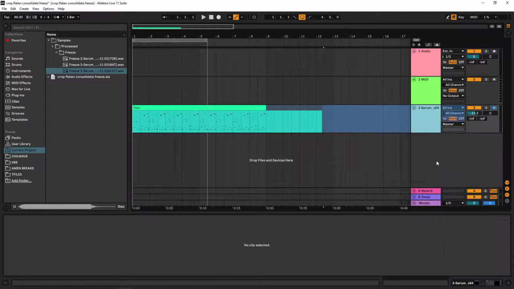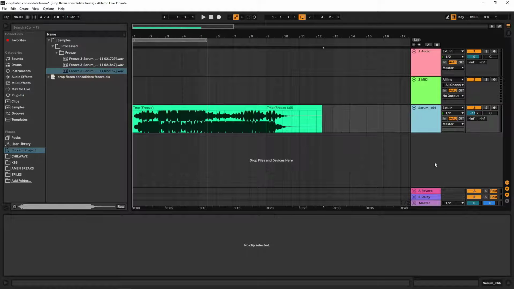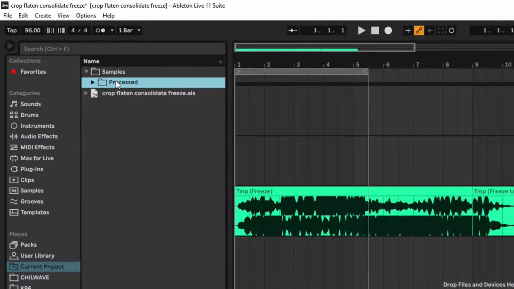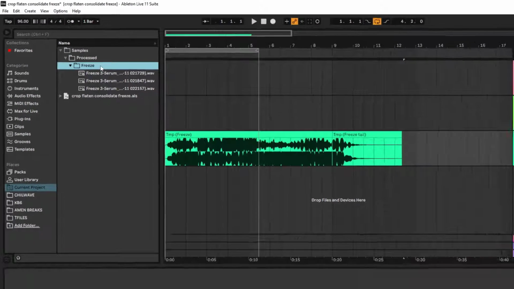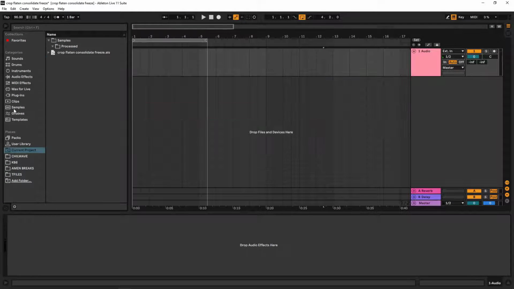I'm going to go to flatten, and it's very quick. It's just not rendering files because we already have it rendered, right? We already processed this. So that's all. It's just using this version of the file. And when we flatten the track, we don't get a folder that says flatten, right? We just get the freeze. So when you crop, you freeze, and you flatten and you consolidate, and freeze and flatten are pretty much